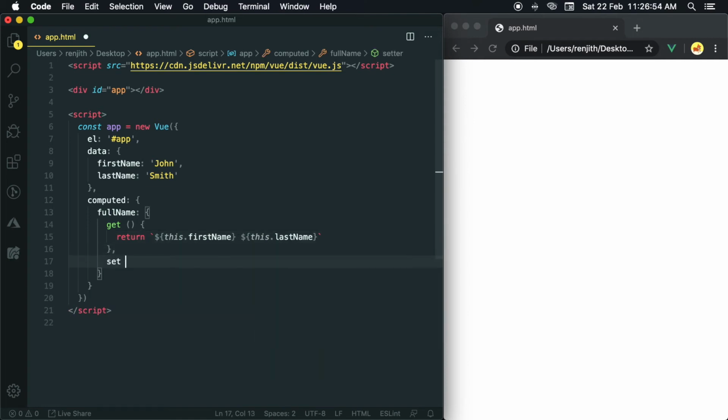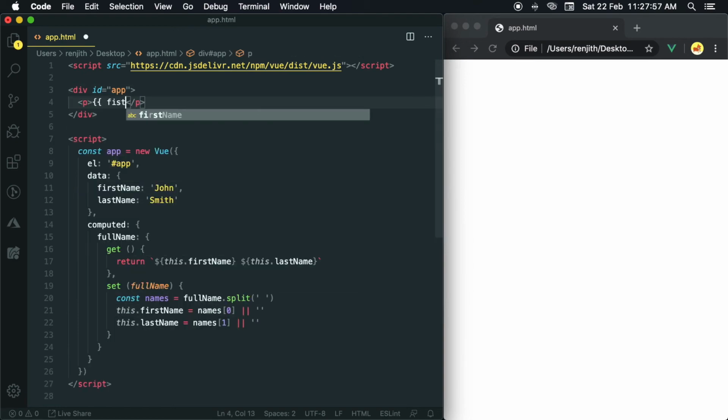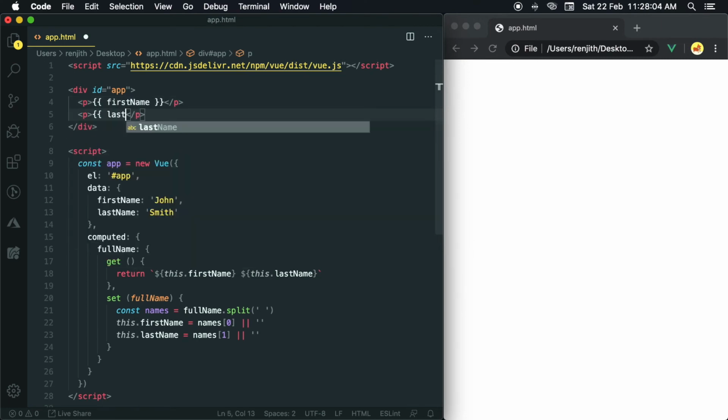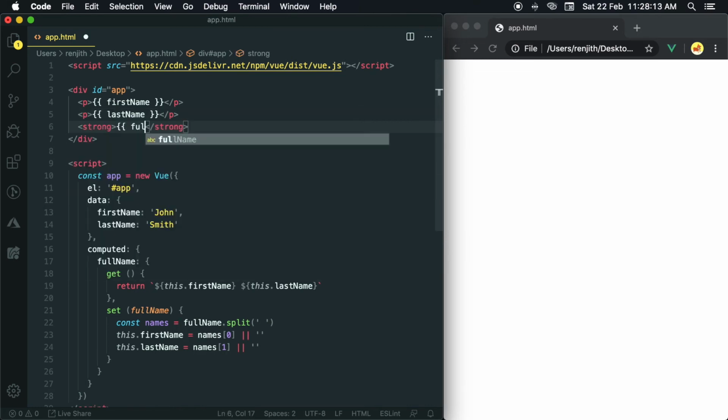Add a method called set and accept the full name as the argument. Split the name and set it to first name and last name. Create two paragraphs and bind the first name and last name. Create a strong element and bind the full name.